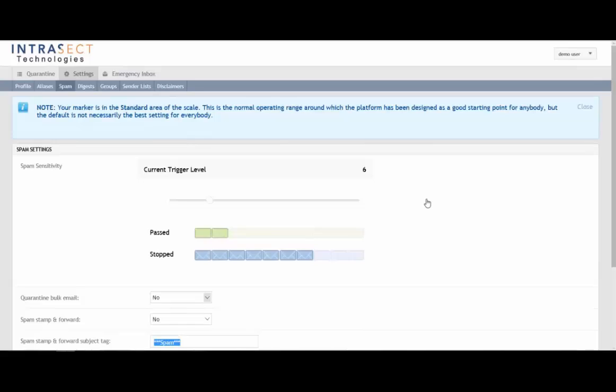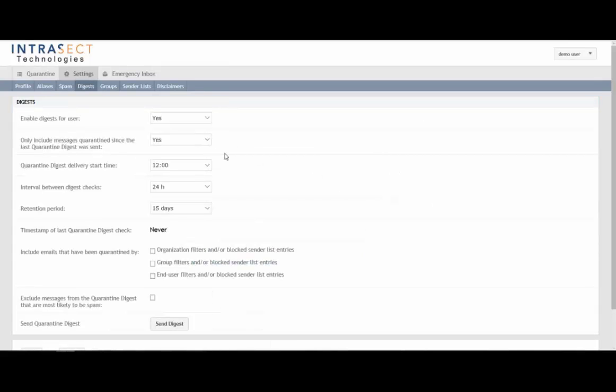Let's go to the Digest tab. Under digests, we send you an email every day that shows you what we quarantined. Now, messages that were absolutely spam, no doubt about it, they were just garbage, won't show up in your quarantine. But if there's a message that is questionable, it says, we think this is spam, we're pretty sure this is spam, but we wanted to show it to you just in case you were expecting to receive this message,